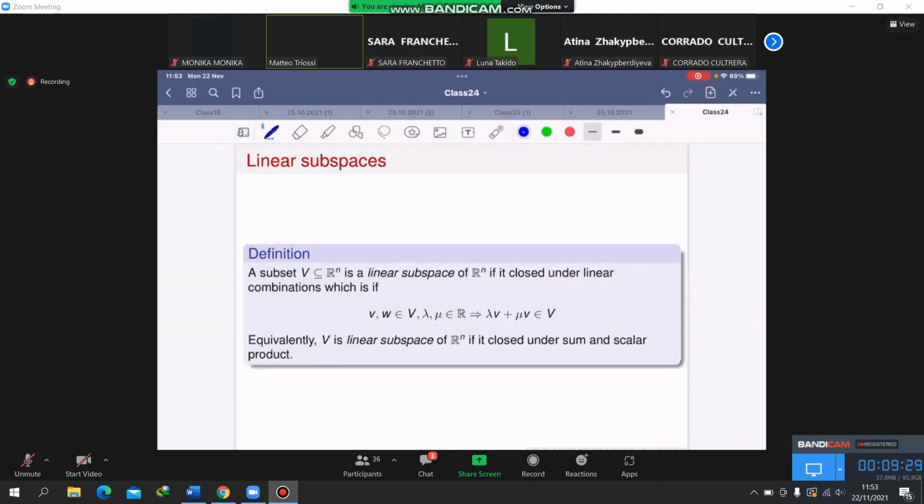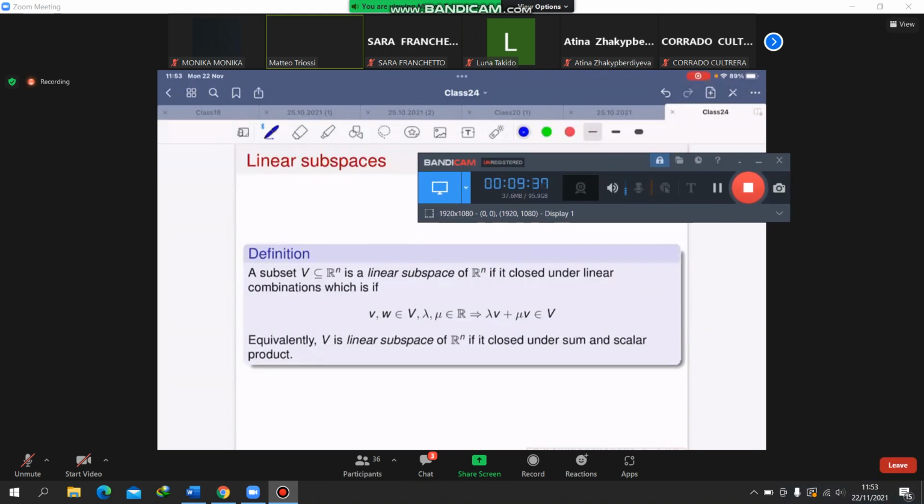So if we take two vectors of this set, any linear combination of those two vectors must belong to the same space. It is equivalent to say that, but less economical to describe, that a linear subspace is closed under sum and